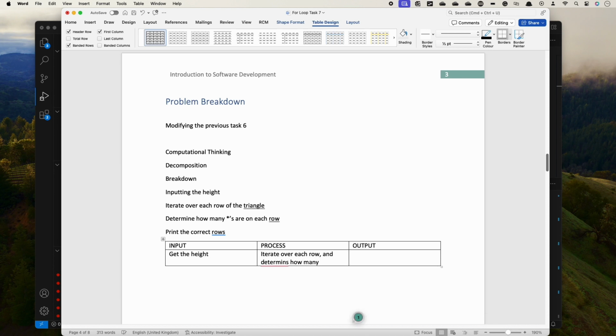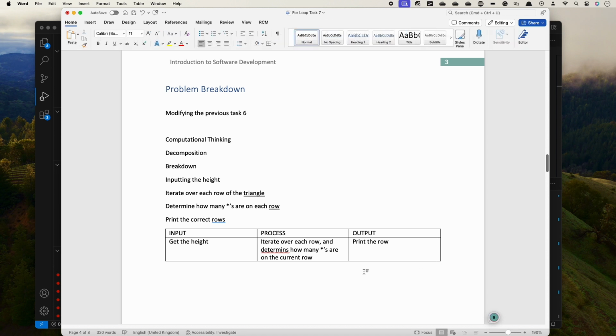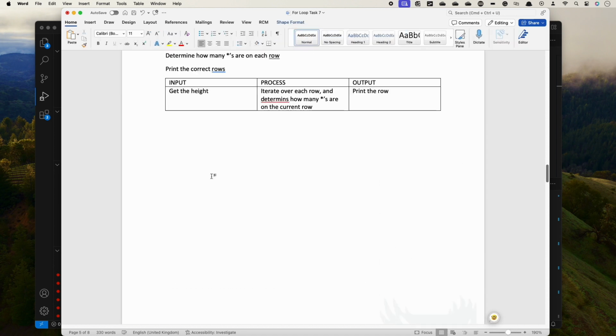Iterate over each row and determine how many asterisks for that current row. And the output would be print the current row. From there, let's see if we can notice a pattern. So the pattern would be, from the star pattern in the previous program,